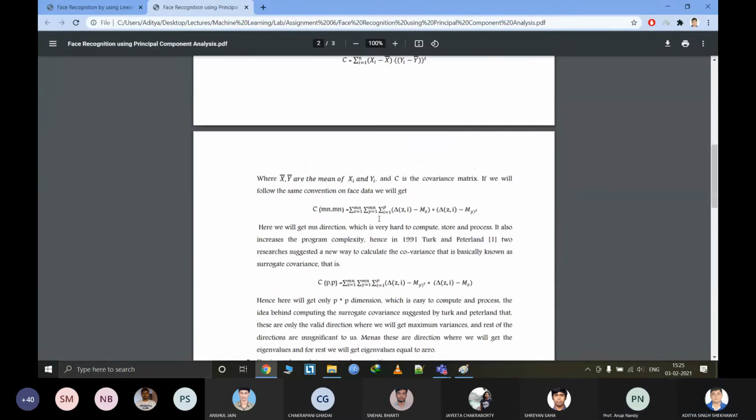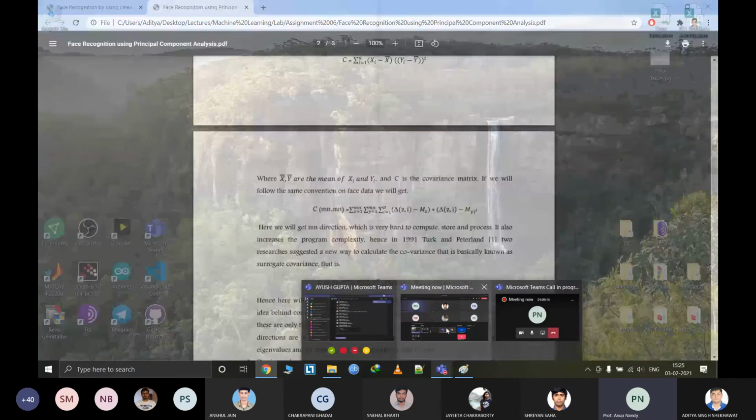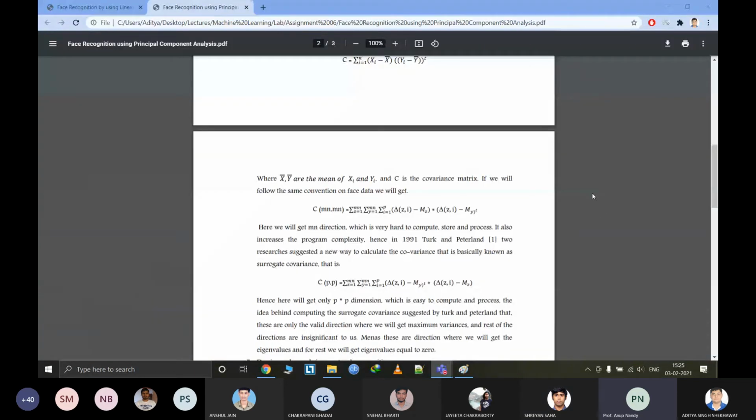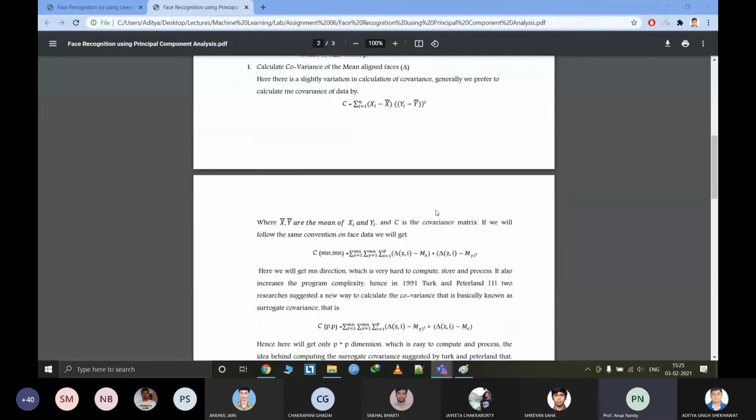Yes, Shreyan. What you could do, there are two possibilities that Aditya has pointed out. The first one is very good: you can use these mean subtracted images. If you do not use mean subtracted images, you take the original images and then subtract this mean. This right hand side MZ will be there, it is the actual mean. Or you can use MZ minus MZ. You can use actual image minus mean image, or you can use this mean subtracted image, because after doing the alignment of all the mean faces, then only you can do it.